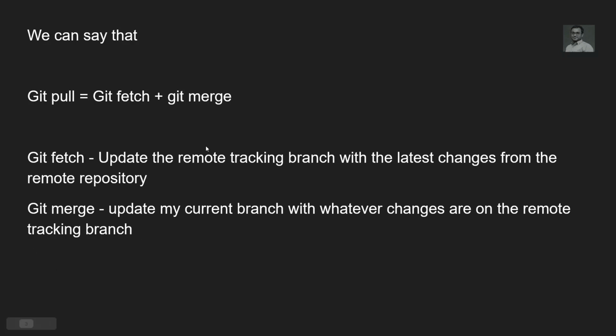Git fetch only gets the remote repository data and keeps it within the local repository; it will not update the working directory. But git merge merges the latest changes with our current working branch. The same thing happens here.